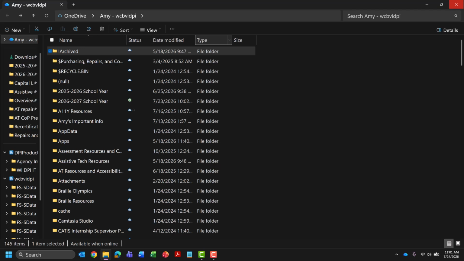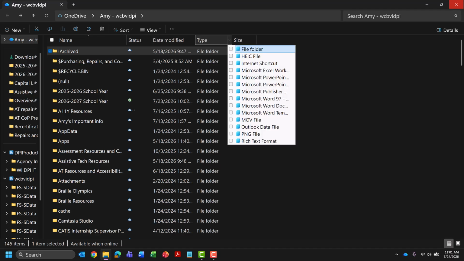I want to actually filter only by Microsoft Word files. So I'm going to press a down arrow. Not selected file folder, 1 of 14. Not selected hike file, 1 of 14. And you'll notice that there are 14 types here, but again, it's also only saying 1 of 14, regardless of which we are focused on, just as a note. Not selected internet shortcut, not selected Microsoft Excel, not selected Microsoft PowerPoint, not selected Microsoft Publisher, not selected Microsoft Word